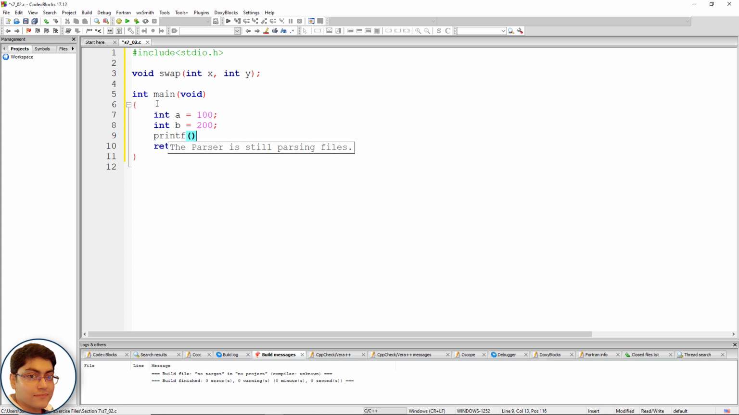printf("Before swap, value of a: %d\n", a); printf("Before swap, value of b: %d\n", b);